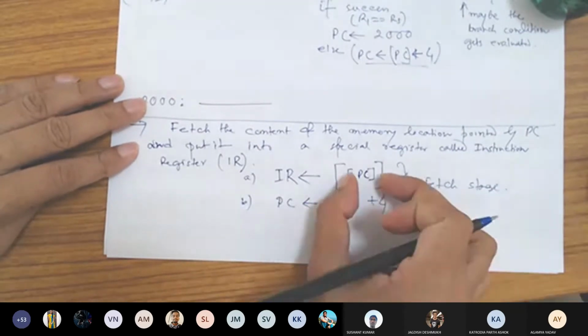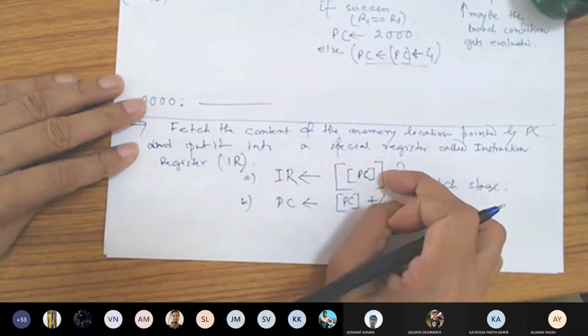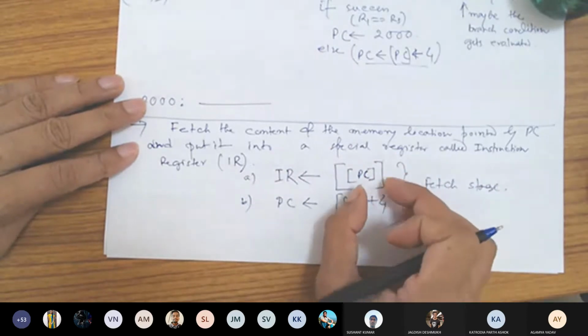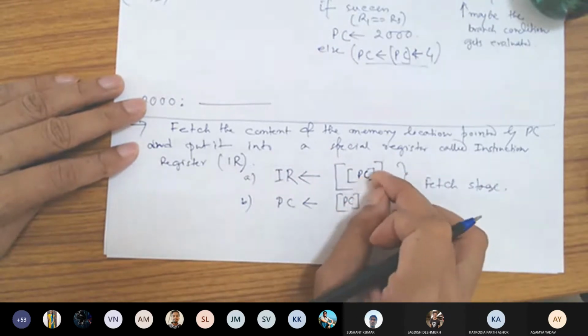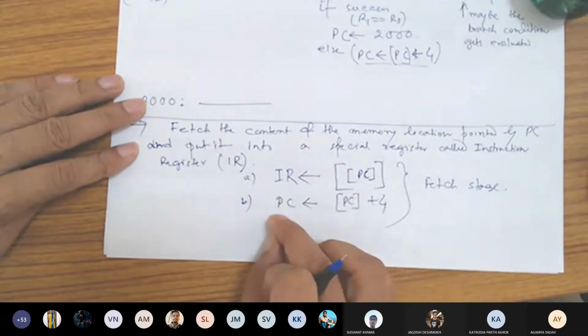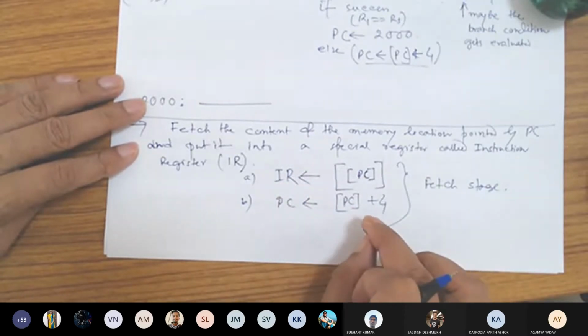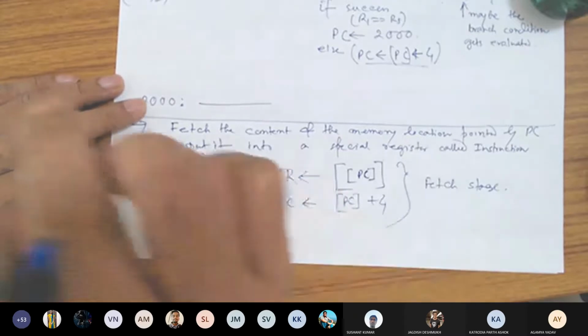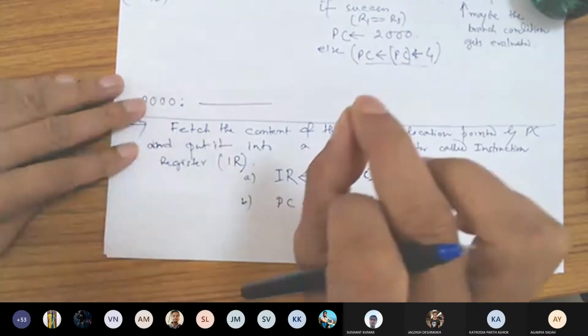This is RTN notation. You bring the content of the memory location pointed by the program counter into the instruction register, and you also increment the value of the program counter with a fixed value 4, so that it points to the next instruction.